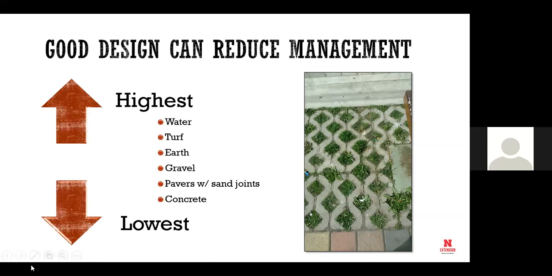Terri has an example up here in that image of a grass paver of some sort. So again, a huge piece of the management discussion and plan is how high an input do you want for your management? How much management do you really want to do? And are you capable of doing that, which we'll talk about.